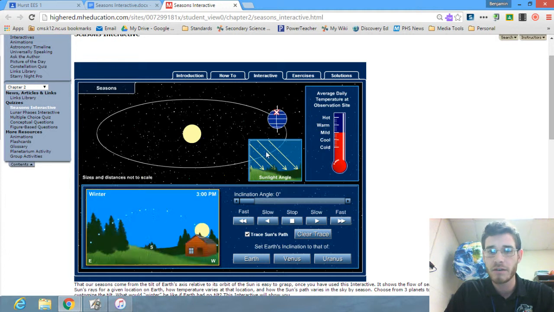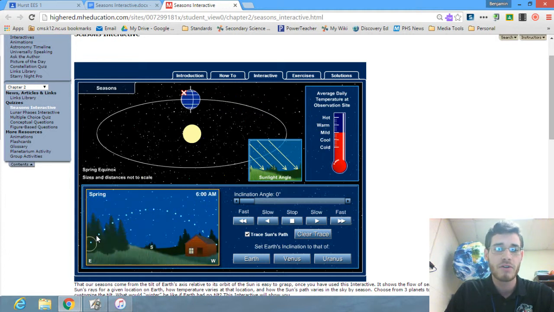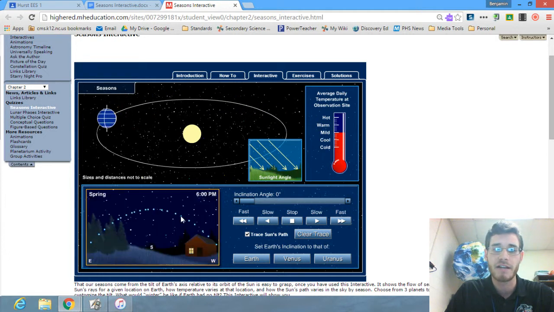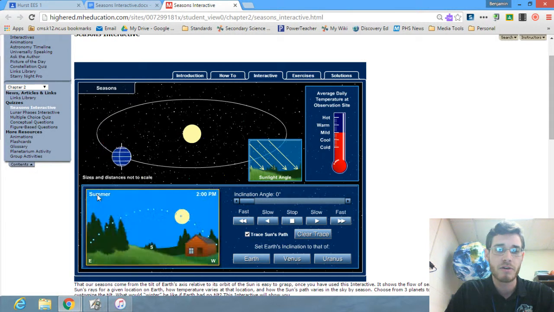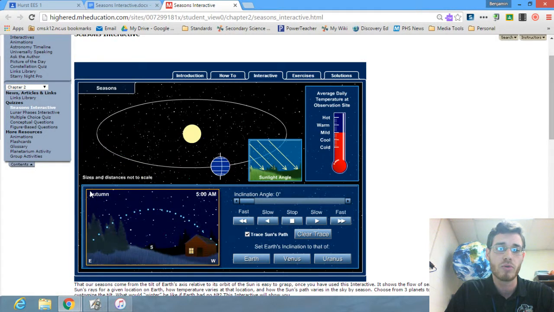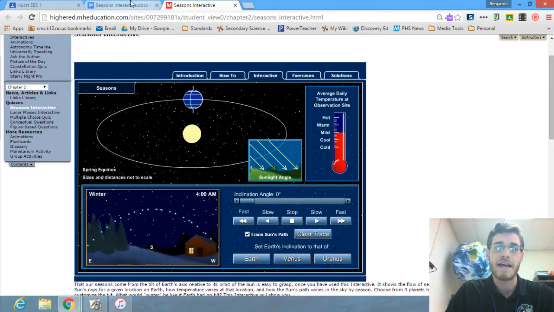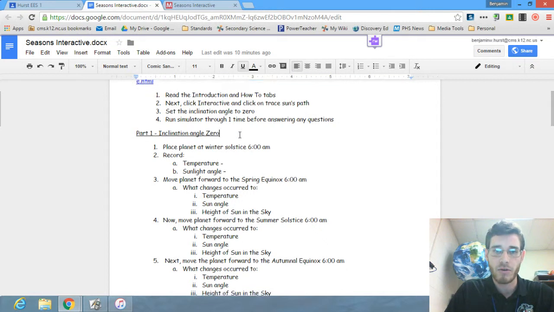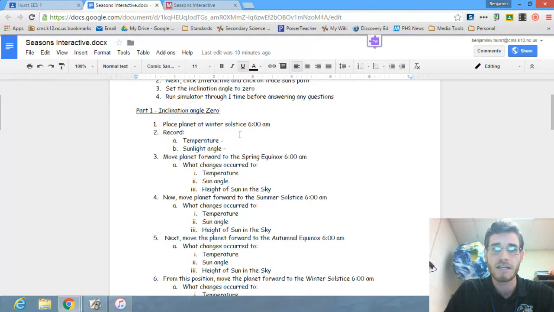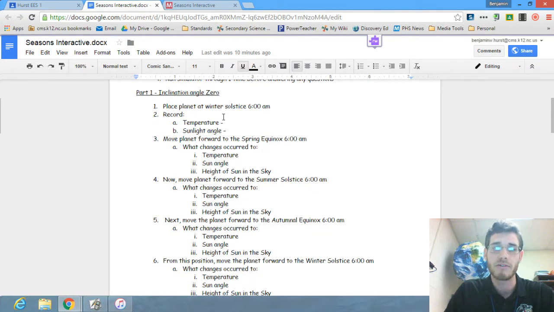Notice your sunlight angle here is staying constant throughout the year. Notice your path of the sun in the sky staying constant as well. As we move through summer, and then we move to autumn, and then we will have winter, and then eventually spring, you'll notice things stay pretty consistent. Now, as far as analyzing the whole path of the planet and seasons and all of this, I've got some questions to guide you.